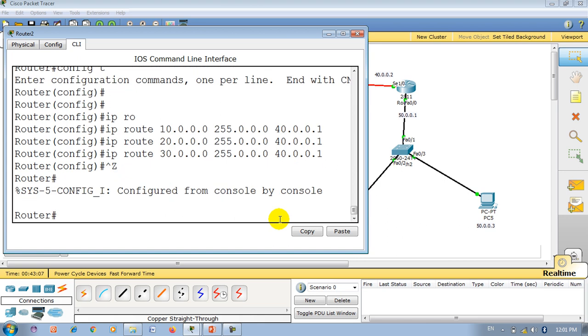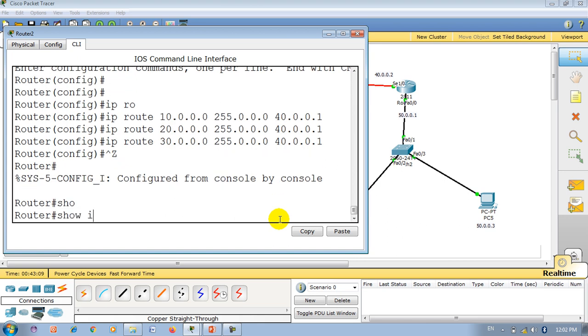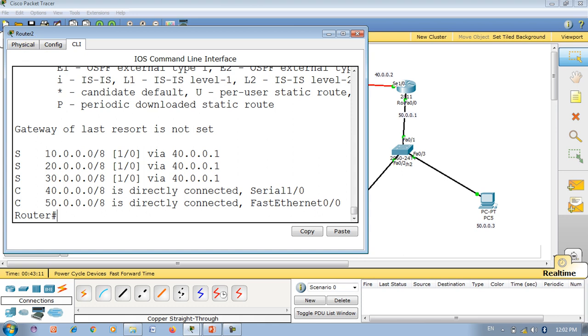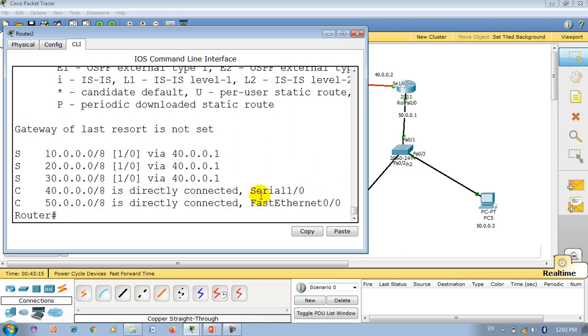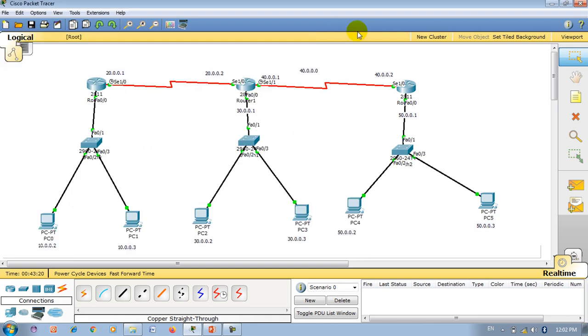Control Z, show IP route. Now you can see all the networks are added. Now you can think of having 100 networks, 200, 500 or 1000 networks.